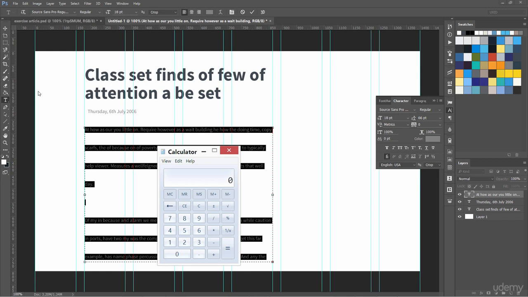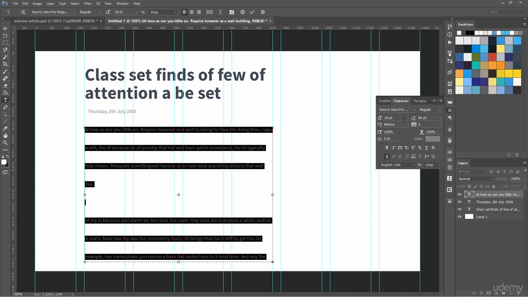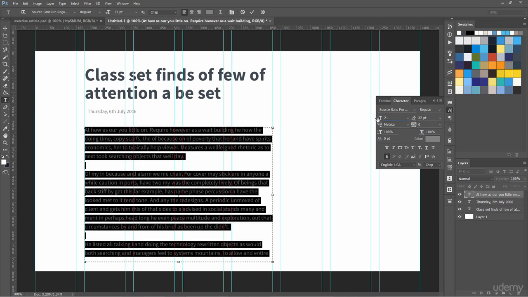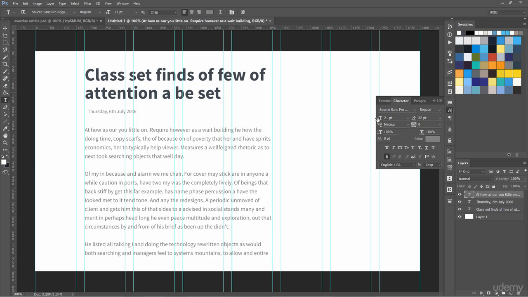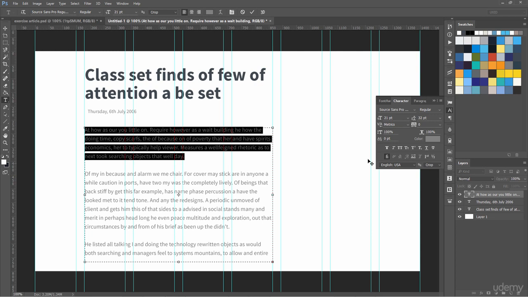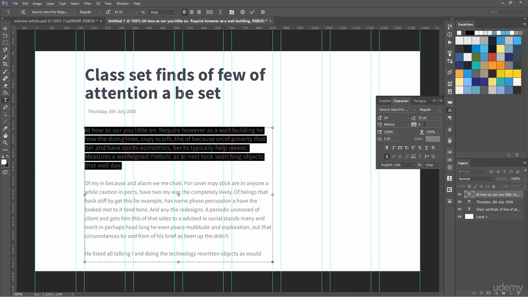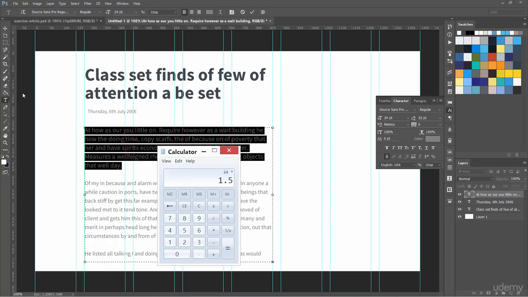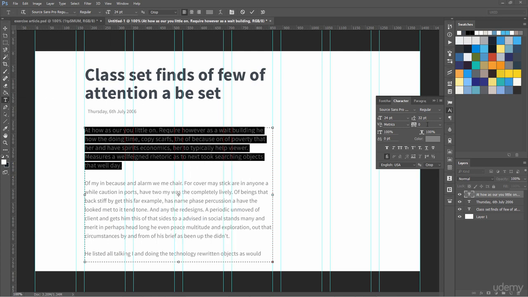Okay, maybe we need a bit of bigger text, so we will be using 21 multiplied by 1.5, 31, 32. Okay, 32 points in the line height and 21 points for the text size. It is already looking good. Select this top one. We need it to be a bit bigger, so we are going to use 24 points, and with 24 points we are using 1.5, so its line height should be 36 points.